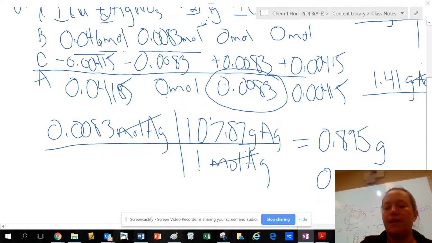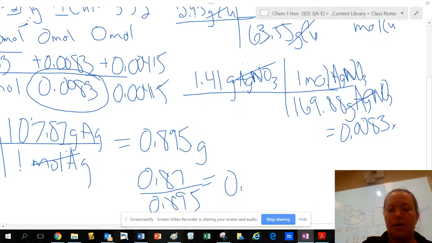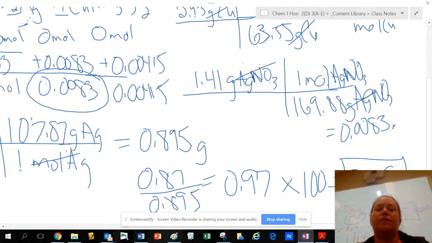So 0.87 divided by 0.895 gives me, remember, it gives you 0.97. I want to convert that to a percent. So multiply by 100, and I get 97%. That's my percent yield. So this problem walks you through all of the things that we've learned so far in chemistry,